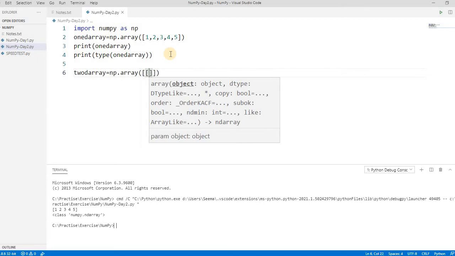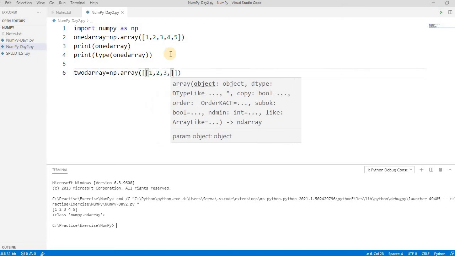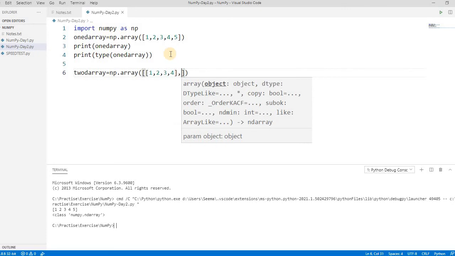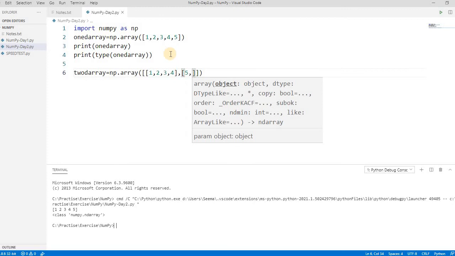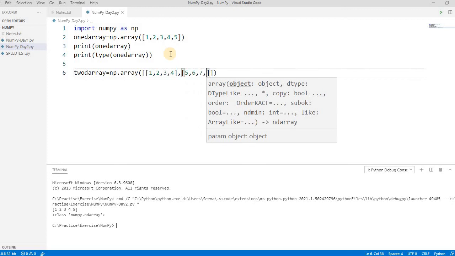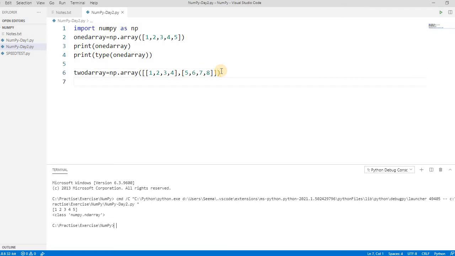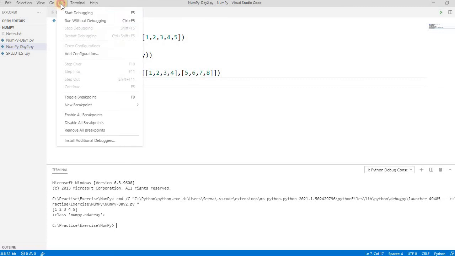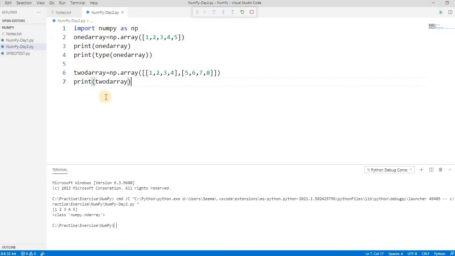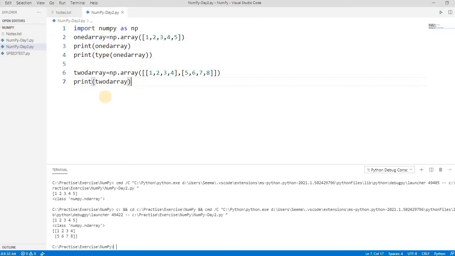So let's pass this 1 2 3 4, and then pass this 5 6 7 8. So it becomes a 2D array, right? Let's print this. So simply printing, right?